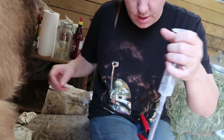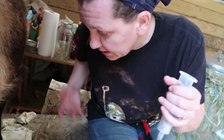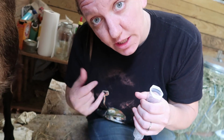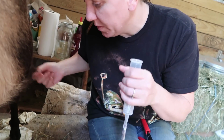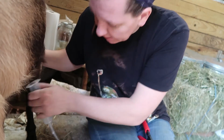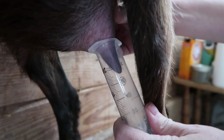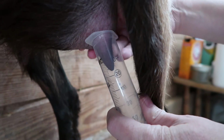Her leg is kind of pushing on her and releasing it, so I don't think that was intentional. It was just the way she's positioned and how full her udder is. So I'm gonna try releasing some tension on the other side and hopefully that'll help it stick better. All right, so I just position it, center her teat in the center,